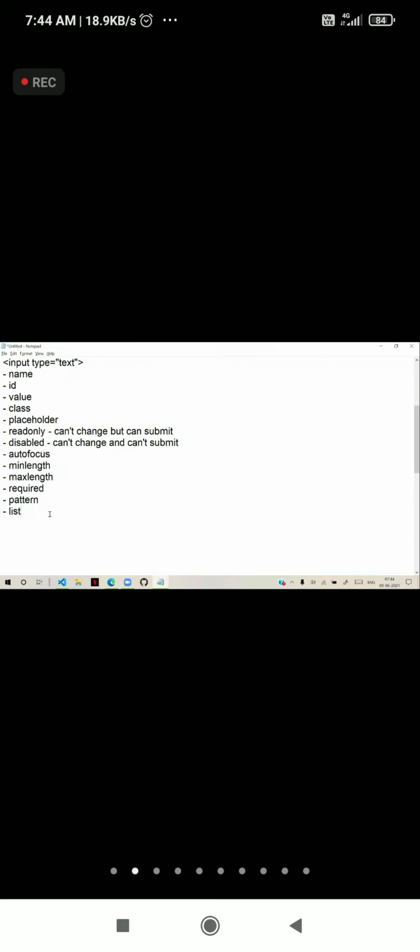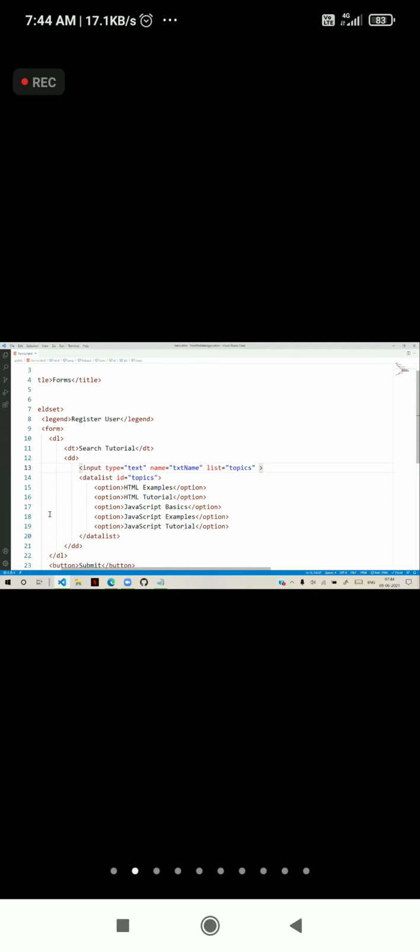Another option is you can define size for the text box. Default size is 20. You can change the size. Size is nothing but the width of the text box. Suppose for this text box, I give here size equal to 40. Now you can see that the text box size increases.